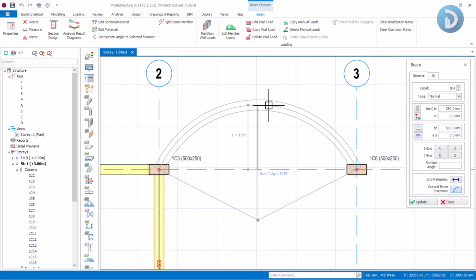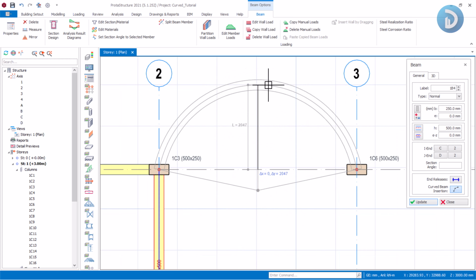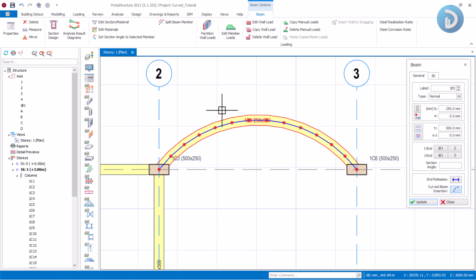And you can take it to either side, either up or down, just to meet your requirements. You can as well type the length of your curve. If you press F2, I can take this to 1200 millimeters, and here I have my curved beam. Okay,